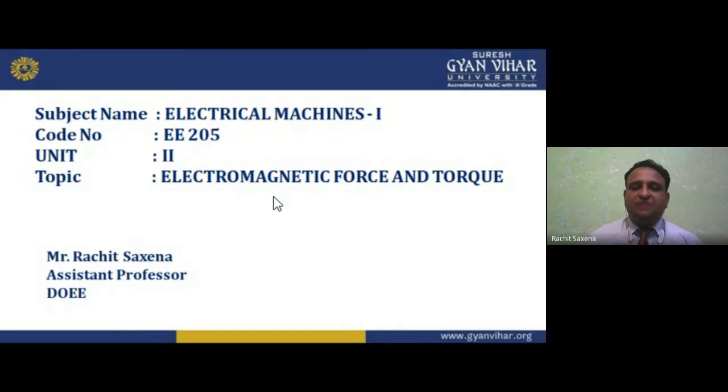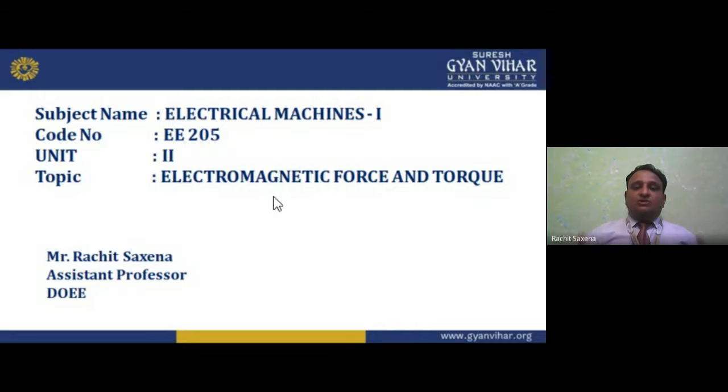Now the DC machines which we are going to study later in this subject are rotating machines. Rotating means the machine has some rotating part, which we call the rotor, and in a DC machine we also call it the armature. The two rotating electrical DC machines are the DC motor and the DC generator. Unit 3 and unit 4 basically tell you all these things, so we will cover it.